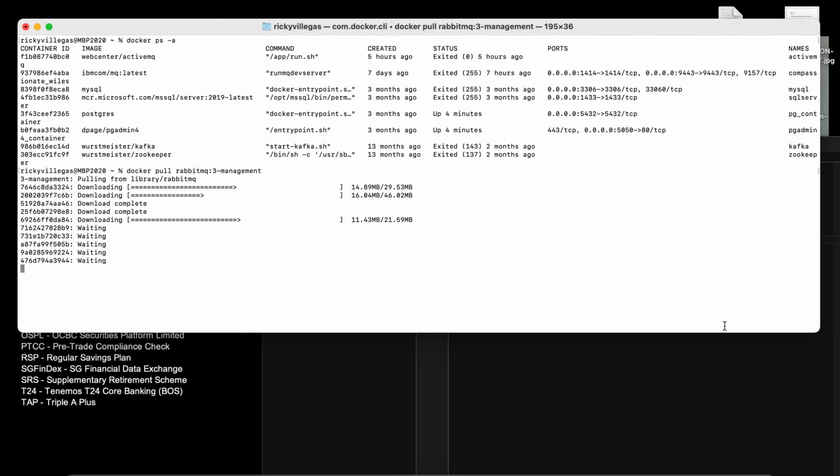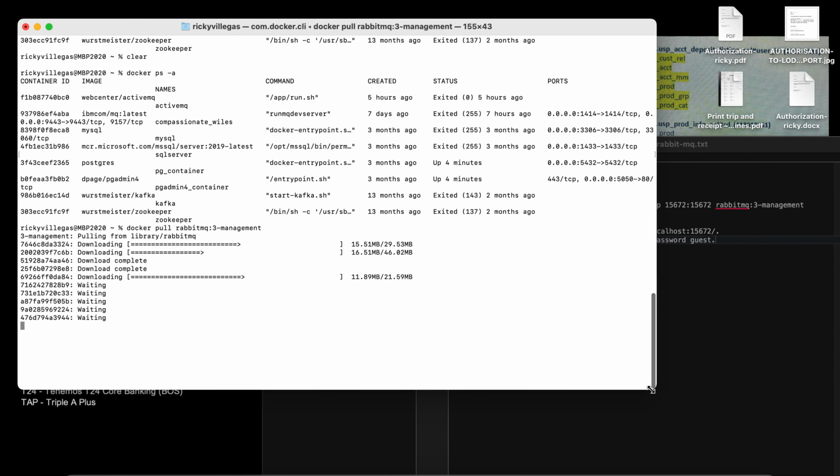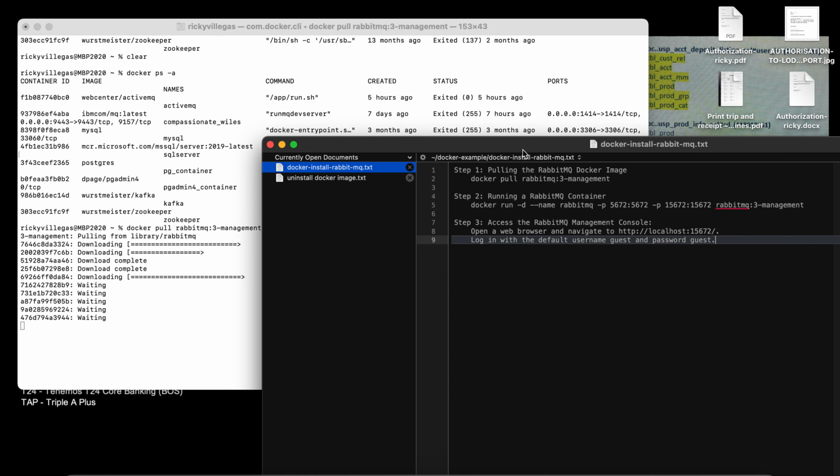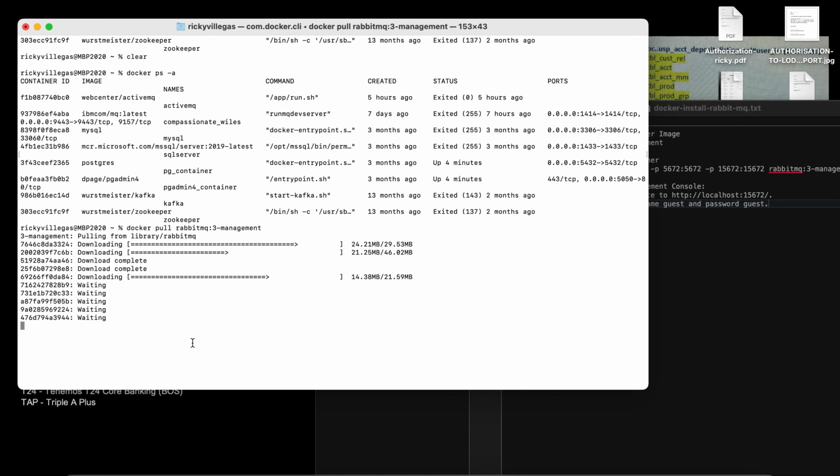Let's wait a bit. Later, after this tutorial, I will also show you how to send a message to RabbitMQ and how to receive a message from RabbitMQ using a Spring Boot application. Let's check the status.